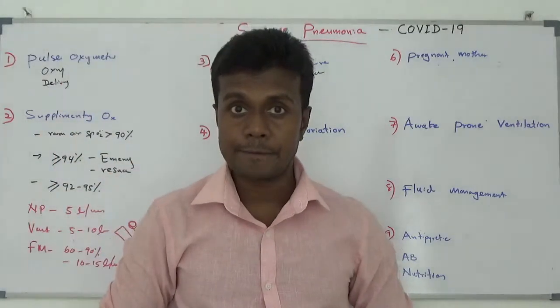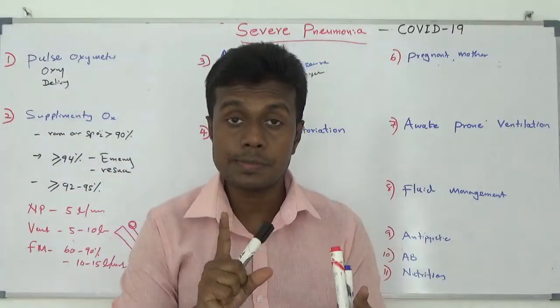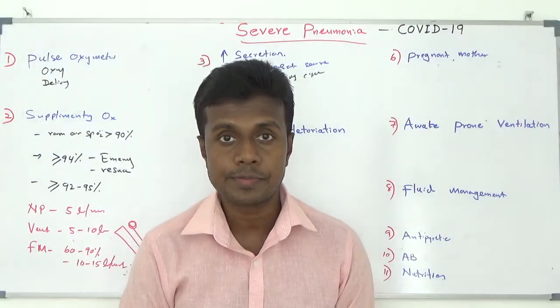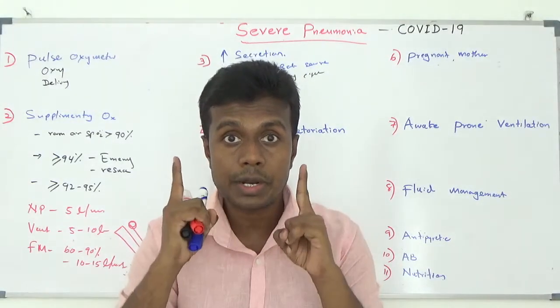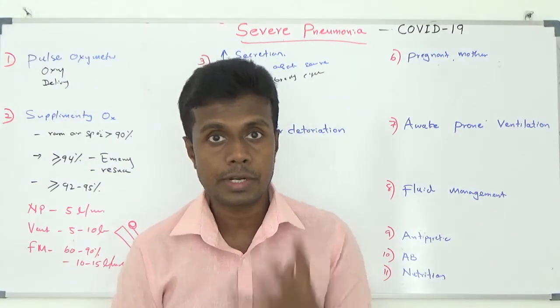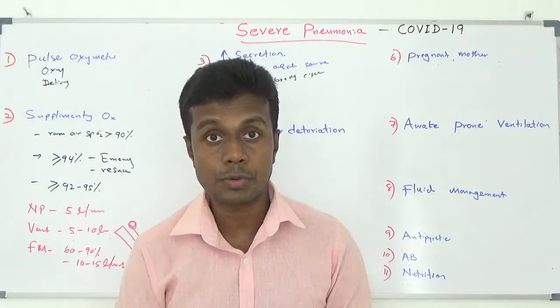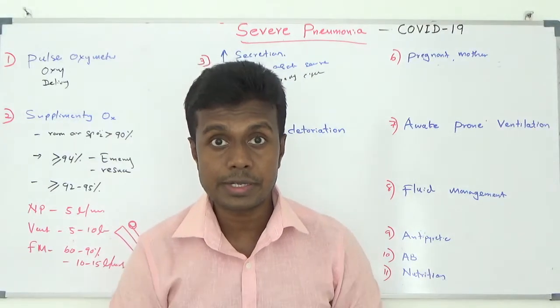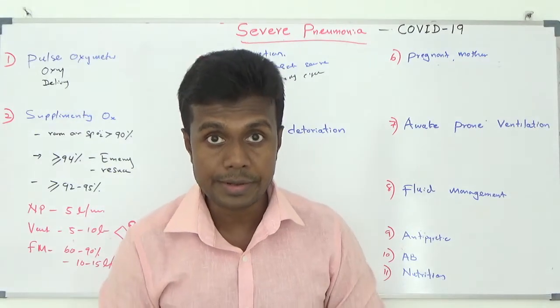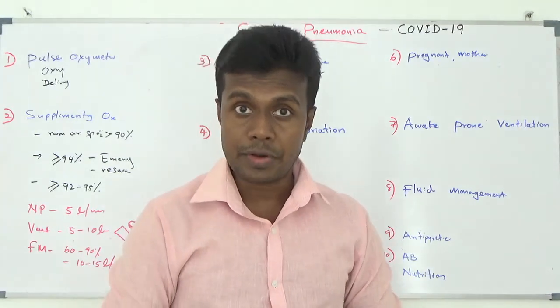In addition to that, if your patient is on CPAP or BiPAP, you have to consider it carefully, because if your patient has a higher amount of secretion, the removal of secretion will be affected by the tight face mask with positive pressure. It will be difficult. Secretions tend to accumulate in your lung, and your lung can get further worse. So that is number 3.